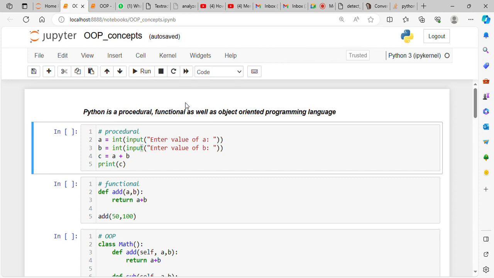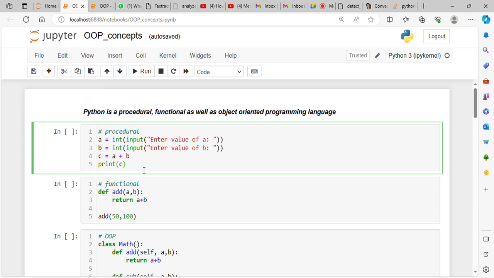Okay, so I was telling about functional. We have seen the function, how the function is defined, how to call a function. And third point, Python is also an object-oriented programming language. Object-oriented syntaxes are a little bit different. There are classes and objects in that. There are functions which are called methods in object-oriented programming. Different concepts are there in object-oriented programming, so one by one we will see. I'll give an example of each